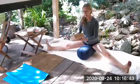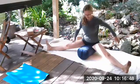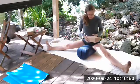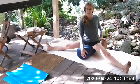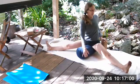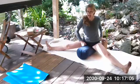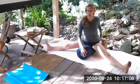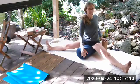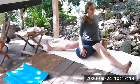Now, the only reason you might need a block is for your hand, because we're going to take the pose again, right? We're actually turning to the right side first. So you're going to stretch your heels away. Yeah, that's it. Okay, and then bring your left hand to the front of the bolster, and as you turn the right side waist around, can you just let this left groin again release? It's not push down into the bolster, but can you let it release away towards the inner heel? Just soften away towards the inner heel, turning your left side waist towards your right big toe,